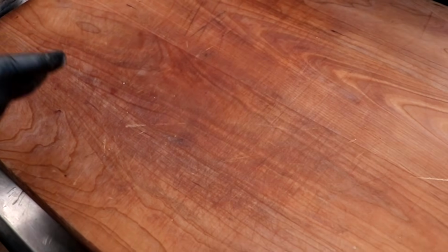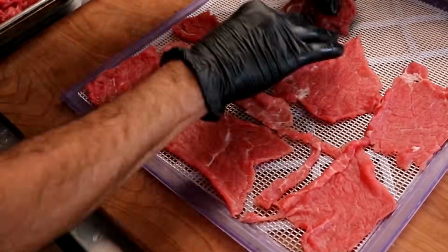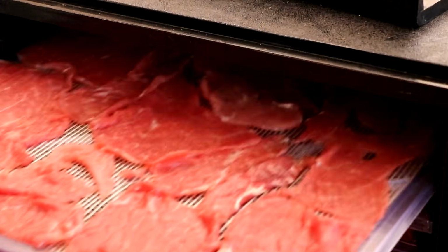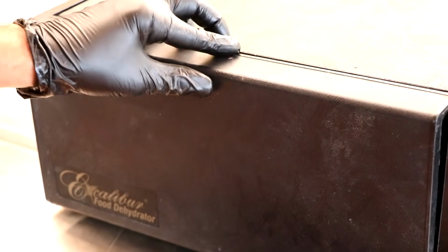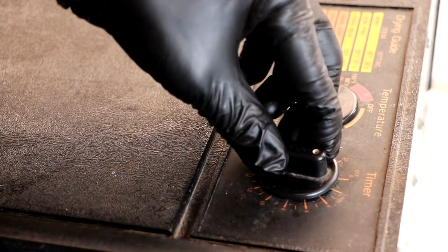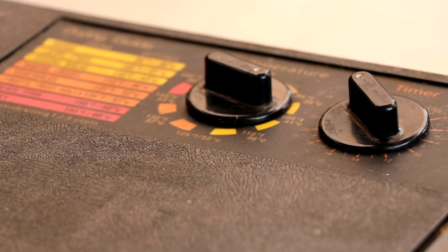The other way that we're going to be making carne seca is with our dehydrator. I'm using a 5-tray dehydrator from Excalibur. We've had this thing about 8 years, absolutely brilliant. And I actually prefer this way to make carne seca because it is lightning fast. I mean, crazy. All right, so let's close this down and set the temperature to 105 degrees, and we're just going to crank the timer all the way up because this shouldn't take but about 18 hours or so to